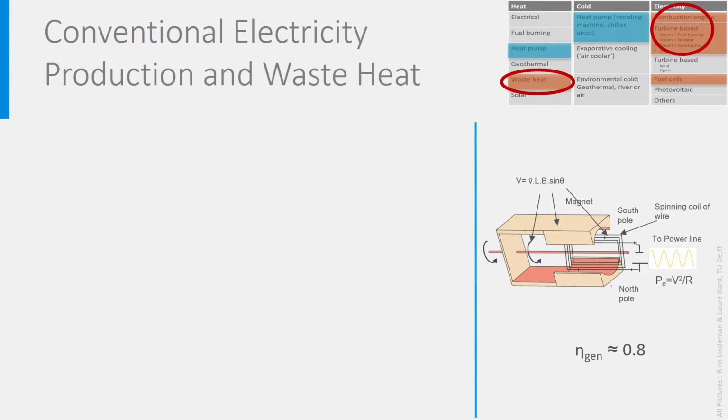Conventional electricity production is about fuel combustion, rotation and generators. If a wire of conductive material like copper moves within a magnetic field, it induces a flow of electrons in the wire, that is Faraday's law. A flow of electrons is electricity, and the electricity is then delivered to the grid. You see in the picture the magnet with its two poles, north and south, surrounding the coiled wire. The wire rotates and therefore moves, so electricity is induced.